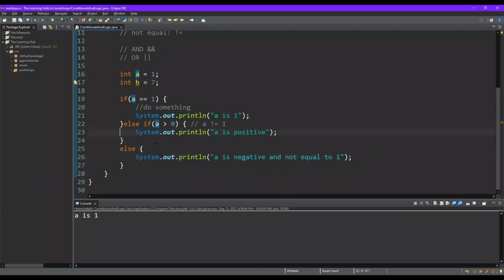And one last thing, we can chain together as many else if statements as we want to. So we could have zero, like we had before, where it was just if do something, or you could have if do something else. And then we can chain together as many else ifs as we want. So I could say if A equals 0, else if A is greater than 0, else if B is equal to 7,